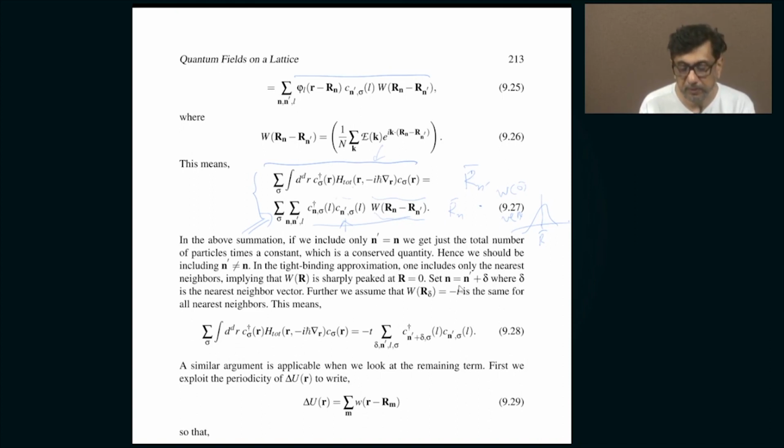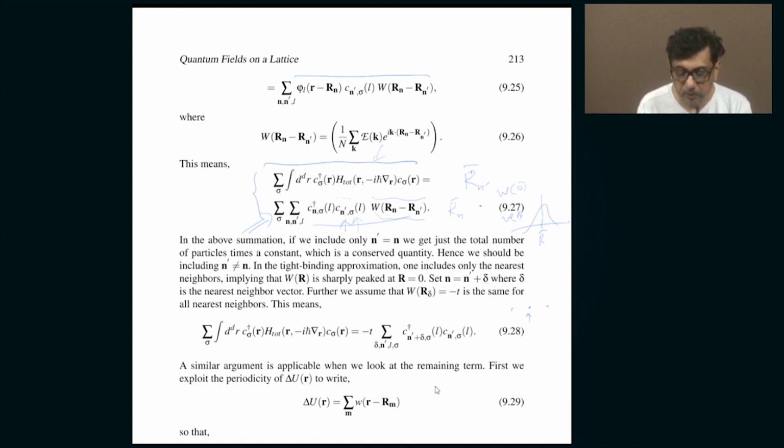So, we are going to assume therefore that the most dominant contribution which is not proportional to an identity comes from the nearest neighbors. That means n' is a nearest neighbor to n. So, n is equal to n' plus delta, where delta is the distance between nearest neighbors. Remember I told you that already in one dimension there are two nearest neighbors, one to the left, one to the right. So, if this is your atom of interest, there is one nearest neighbor to the left,